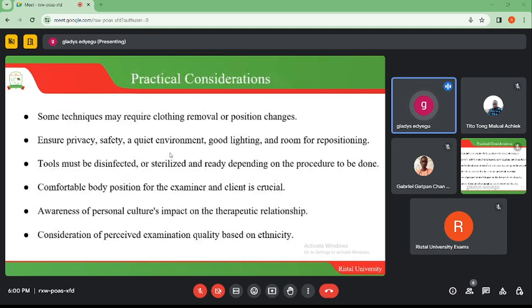So practical considerations when now dealing with this patient, what do you have to consider practically? So there are some techniques that may require clothing removal or position changes. So when you invite the patient to the room where you're going to examine this patient, you should be able